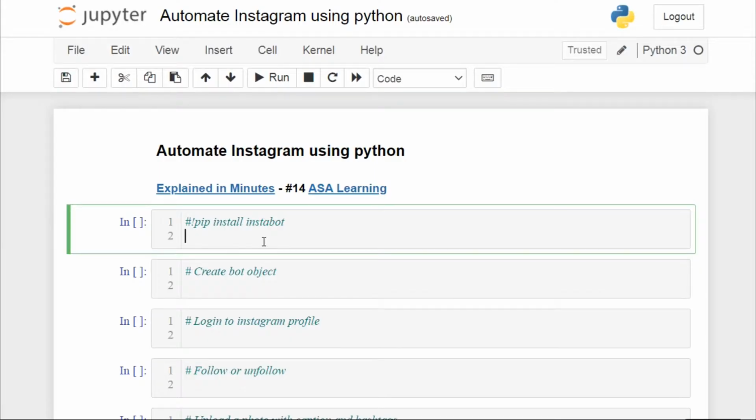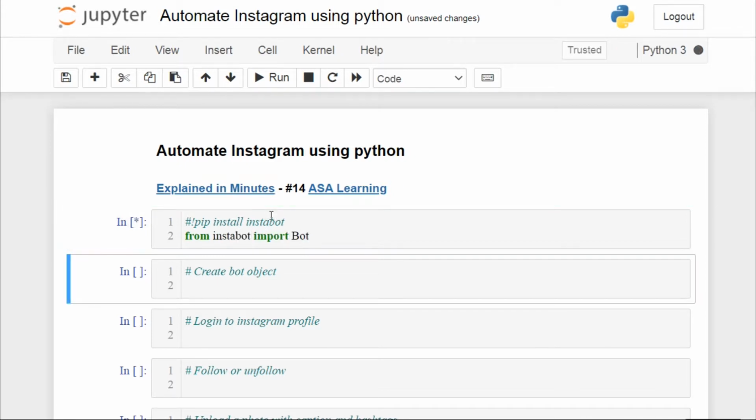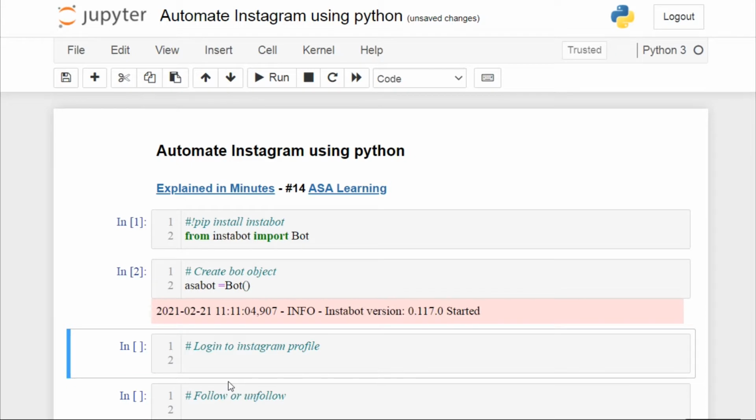After successfully installing the Instabot library, we are going to import it. From Instabot, we are going to import Bot. So we are going to create a bot object. I'll name it ASA bot. As simple as that. So it shows the bot has been started, but we need to log into our Instagram